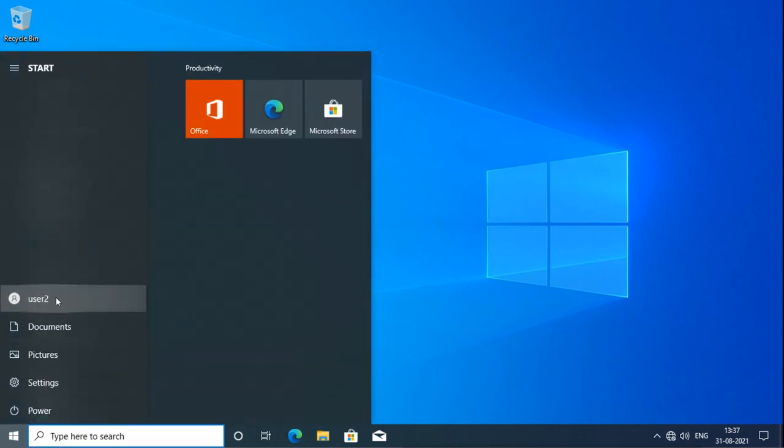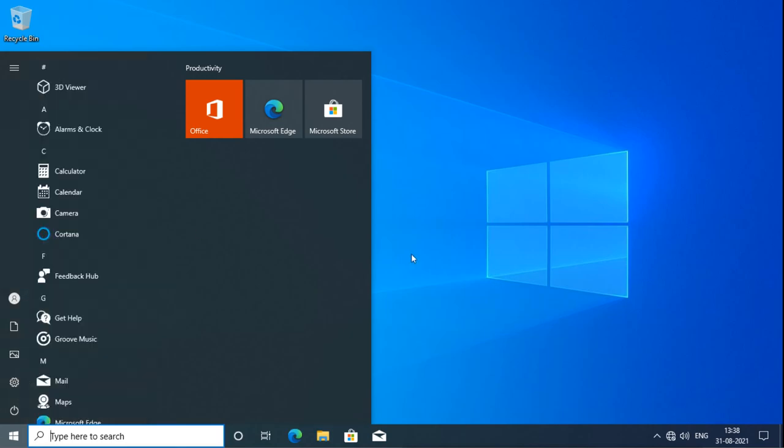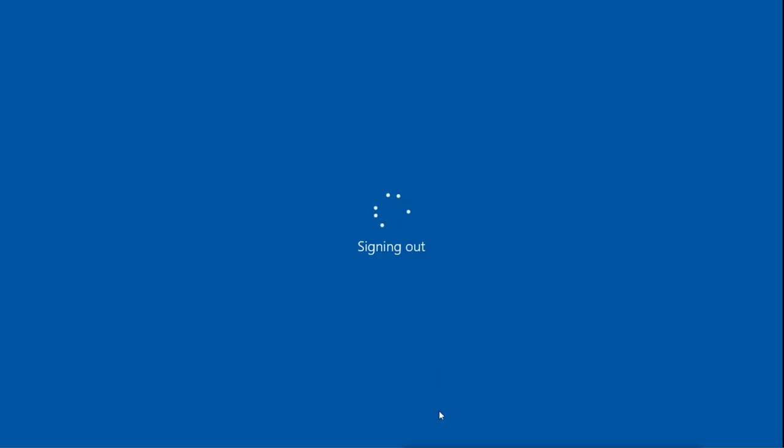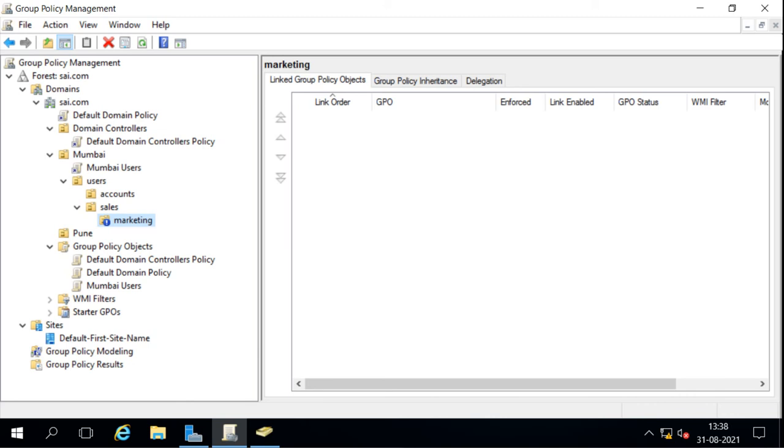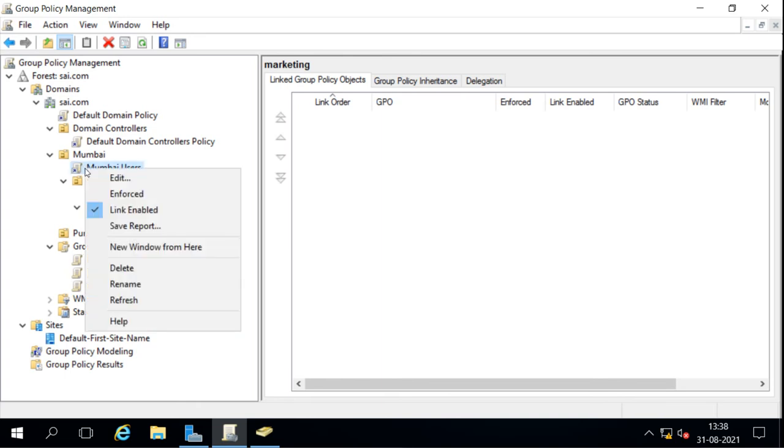Now if we block the inheritance, we can also do enforcement. Enforce the policy to the child OUs. Suppose we have these OUs as children, and there is a policy which we want to enforce to everyone, whether they are blocking the inheritance or not.